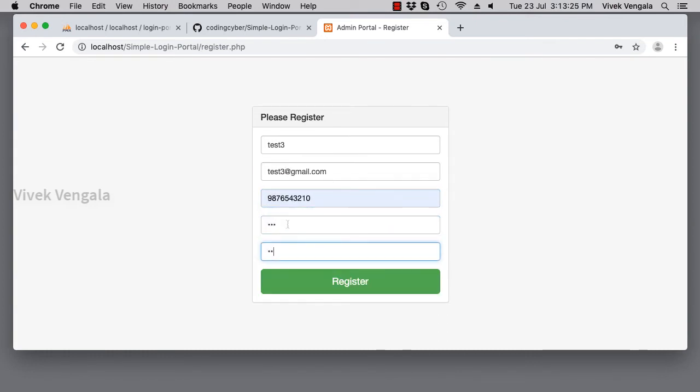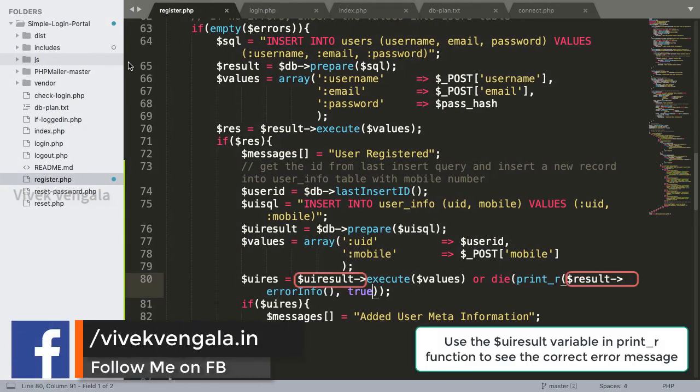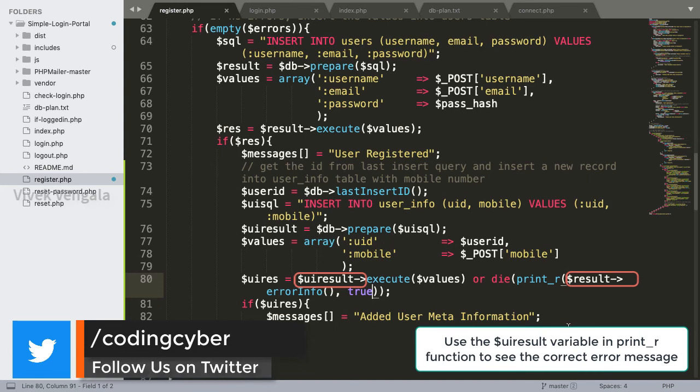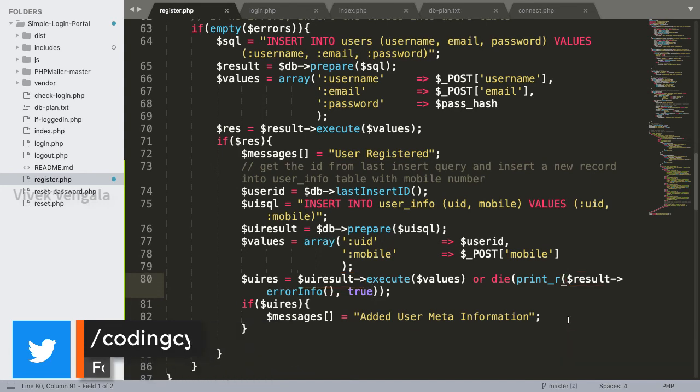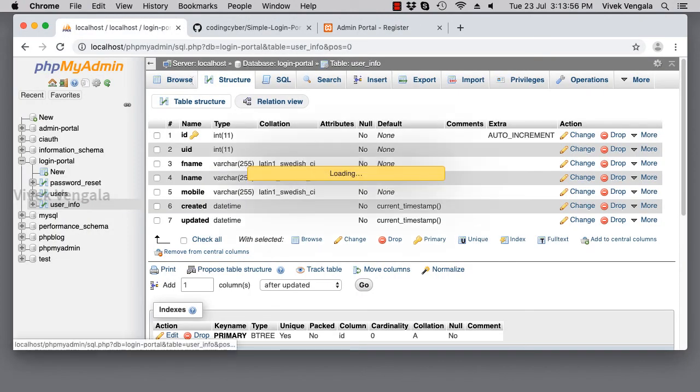I'm inserting new values for username, email, and mobile, password, repeat password. Nothing. I just got this empty value. That's because MySQL is running in strict mode, and for the column names I haven't defined null. So if we define null, I can leave those column names. Here I am leaving all the column names, and I am not providing any default values. So that's why I am seeing this